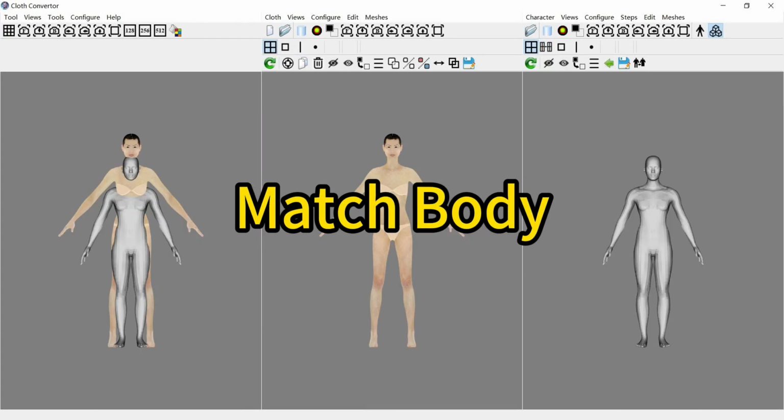In this tutorial you will learn how to match the body of this character to this body in Cloth Converter tool or Character Converter tool. The techniques shown here can also be used to match any mesh. When you use the Deform 3D tool,